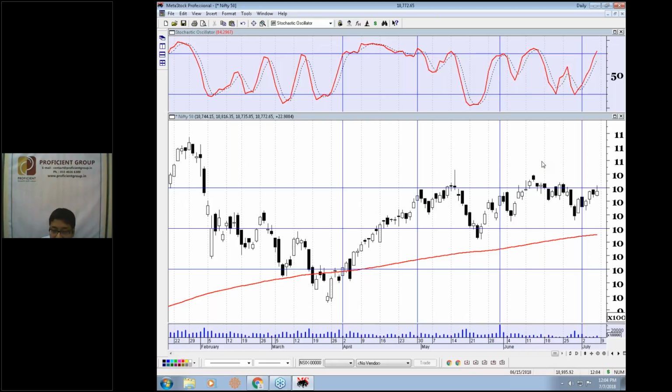So unless this series of higher bottoms is broken, say for example, the last bottom made on 28th of June was at 10,589 on closing basis. So unless this level gets broken, the series of higher bottoms is actually continuing. So there is no point in seeing any weakness in Nifty as long as this bottom is holding.